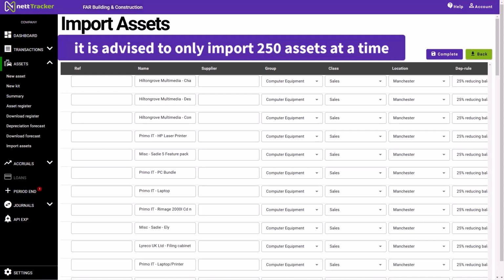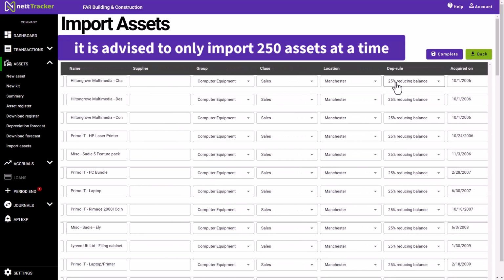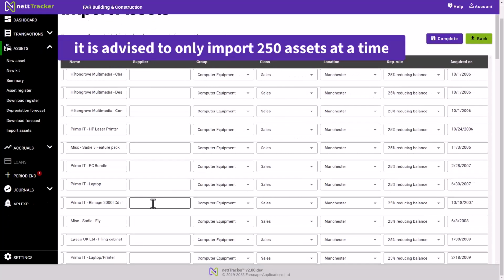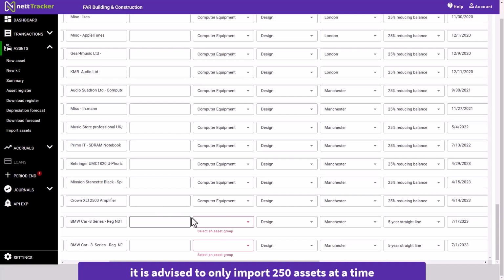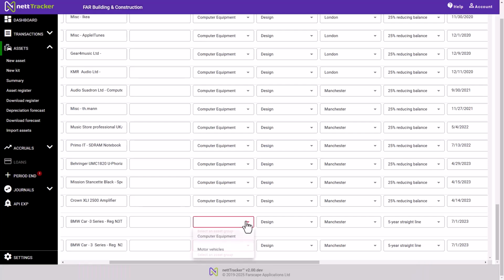The import screen contains details of all of the assets we are about to import, and if we wish we can make changes at this point, including changing the group, class and location, and the depreciation rule. Some errors on the import will be detected. If I scroll down to the bottom of this import list, I can see that 2 boxes are in red where the asset group had been entered in error. I can select the correct asset group,